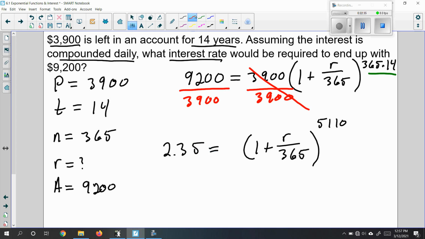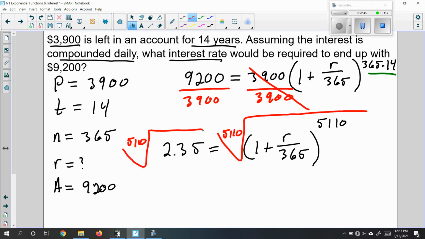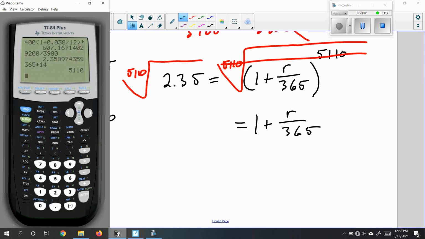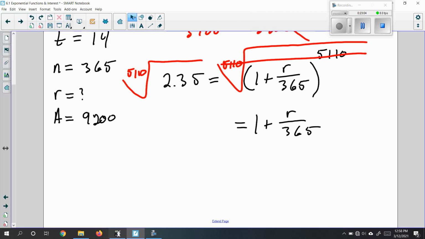What we can do in this case is we can take the 5,110th root of both sides. Okay, so that means that 1 plus r over 365 is equal to, well, how on earth am I going to compute that? Well,